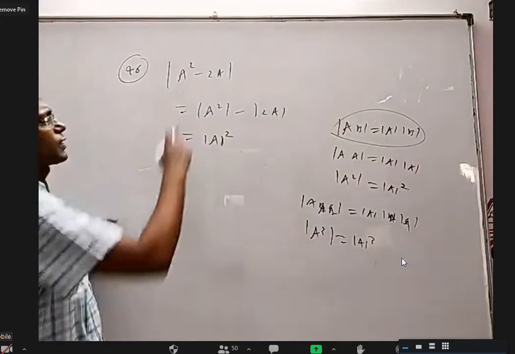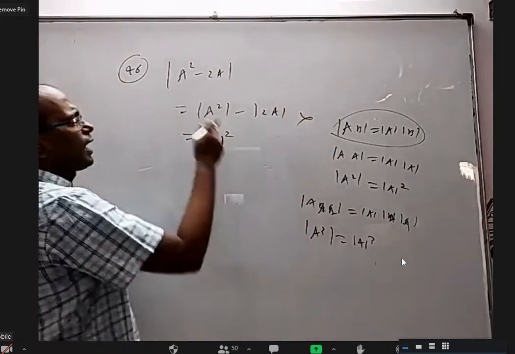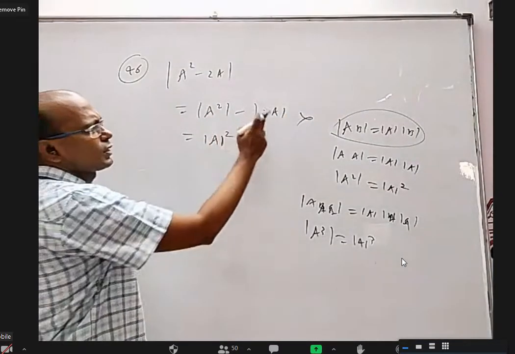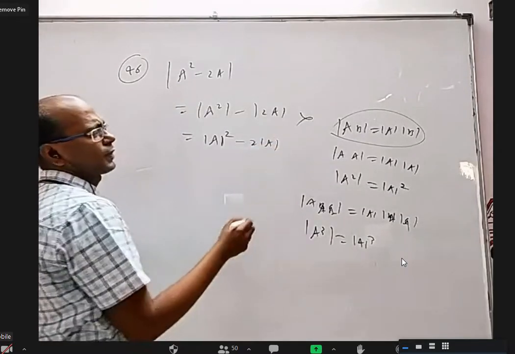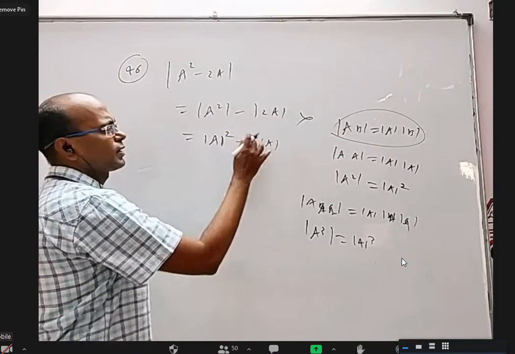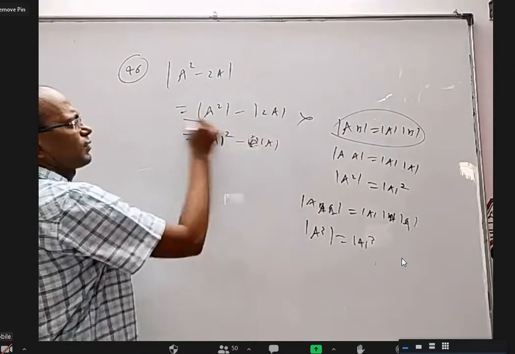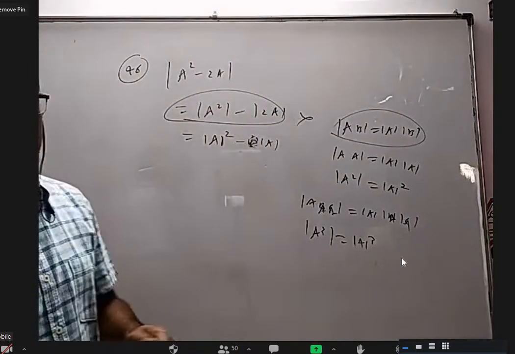Okay. So first of all, from here to here it is wrong. After that, nothing wrong in writing this. Even here one should not write 2 det A. Det of kA is k power n, so you'll get 2 square det A. But anyway, the very first step is wrong. There's no point in going further.